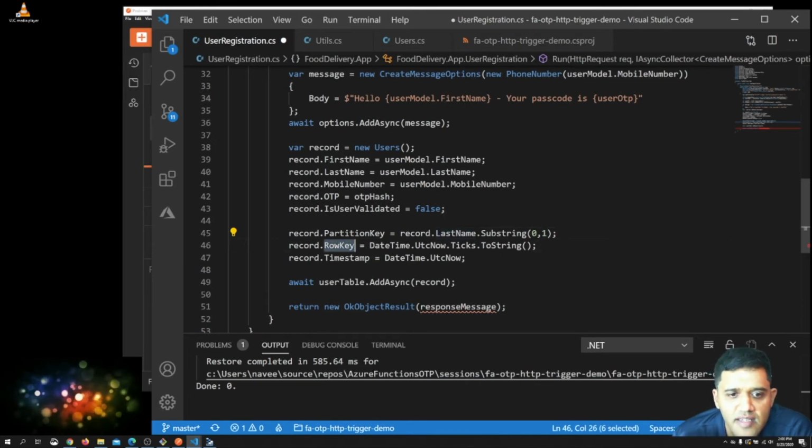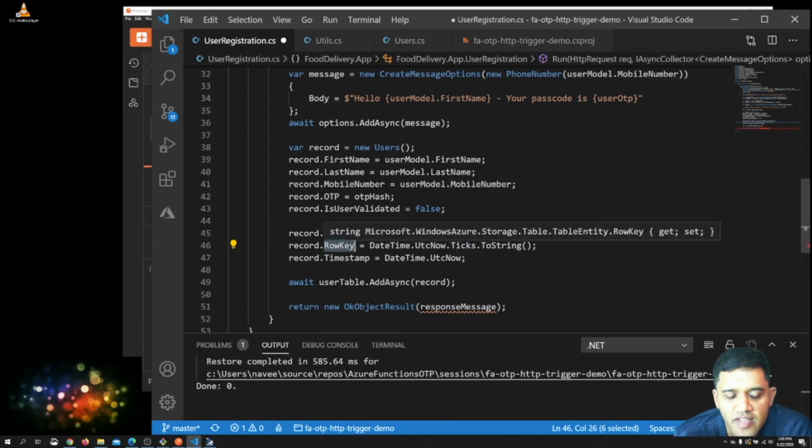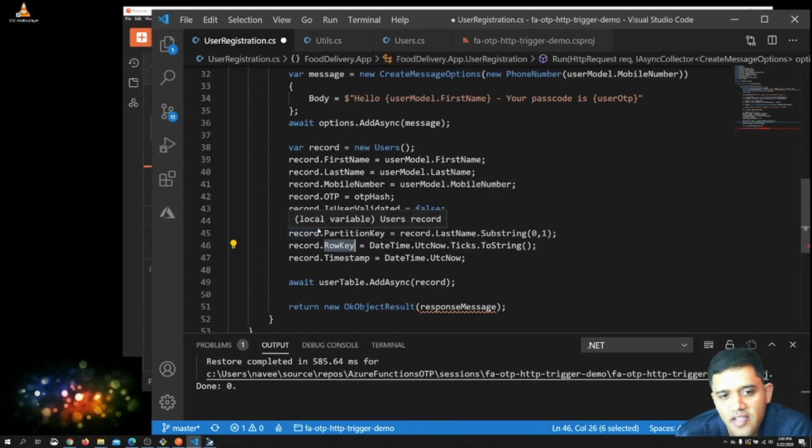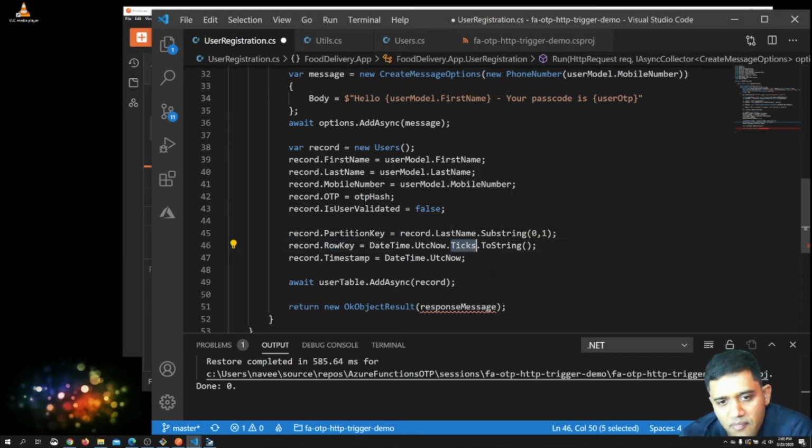Now the row key is just a variable where you uniquely identify a row. For this I'm using this thing called ticks. Ticks is a number that is generated by the datetime value, which is down to the milliseconds. So whenever this code executes, it will have a unique value of the ticks, and that becomes the row key. I'll show you once we run this, and I'll show you the response.